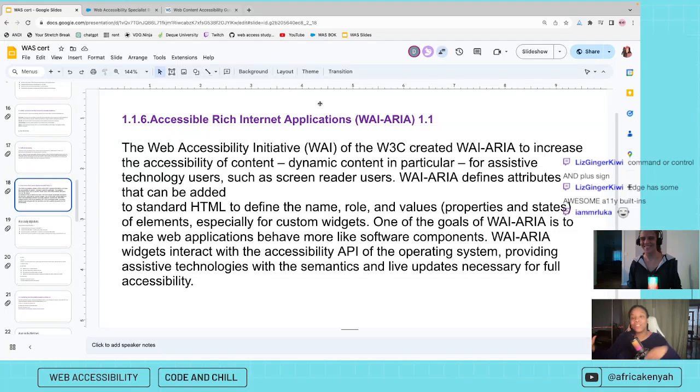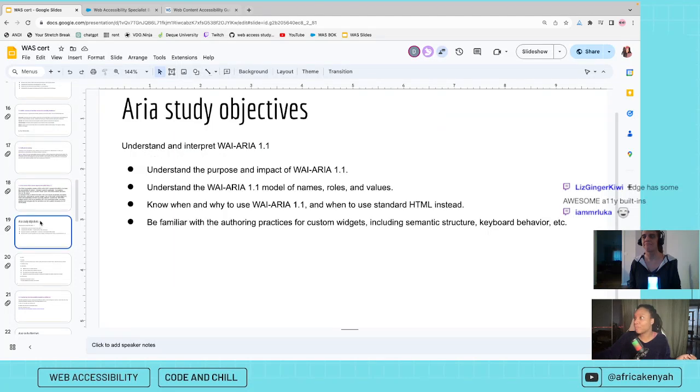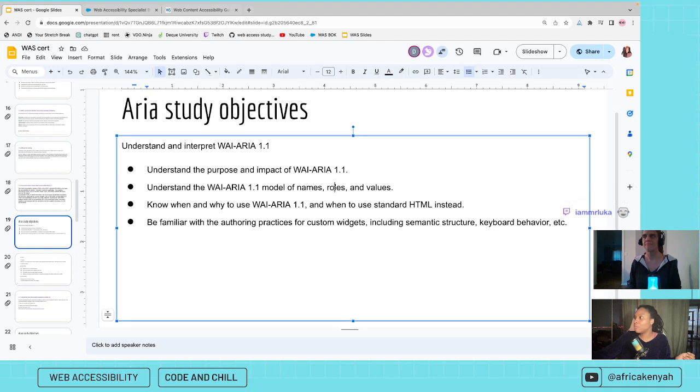Oh, man. Okay, so yes, the first rule of ARIA is don't use it. We won't get into it because we're going to have 2 weeks on it. But basically, if you're new here and you're wondering what ARIA is, ARIA is Accessible Rich Internet Applications. It's something that you can add to your HTML that gives screen reader users extra information. What does that mean? We'll get into it at another time. Basically, you're using names, roles, and values.